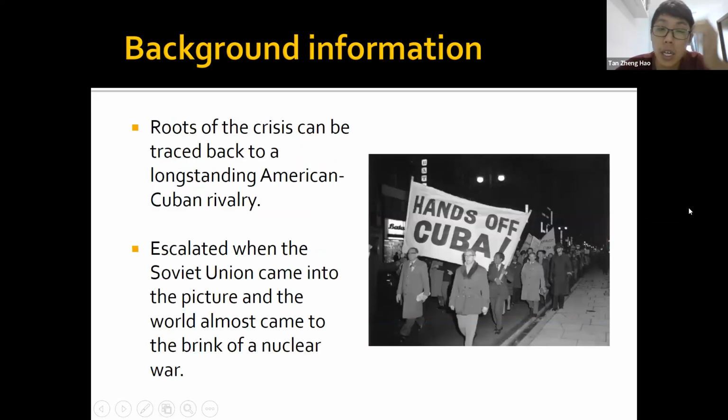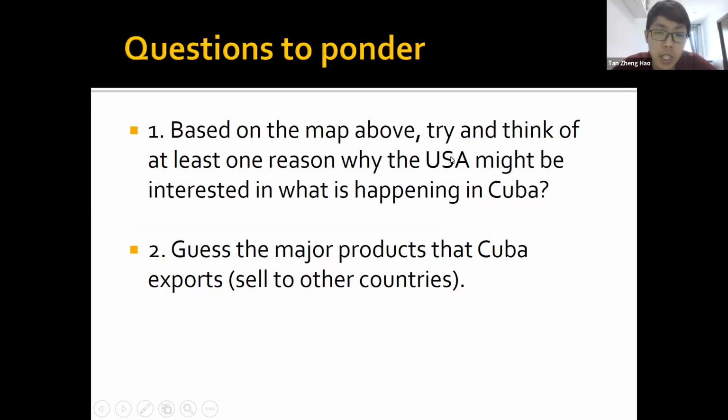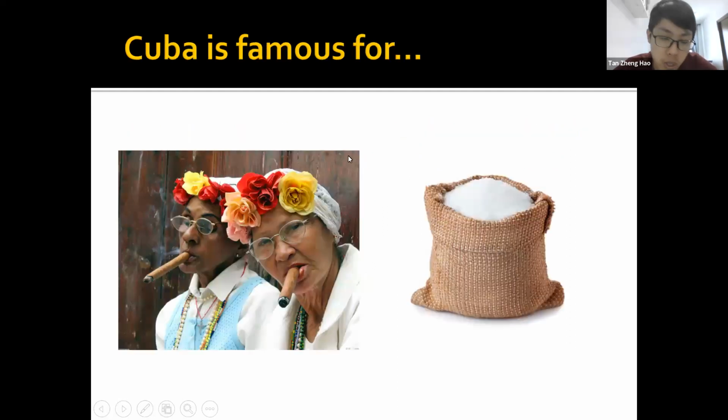There's a long history between America and Cuba, and we're going to explore what that history was and why America is so concerned with Cuba. According to the map, Cuba is just at the southern tip of America, so it's basically America's neighbor. This has a significance in creating tension. If you are the US, you'll be very interested to find out what your neighbor is up to. Is your neighboring country a friendly country, or is it potentially up to no good? That is something you want to be interested in.